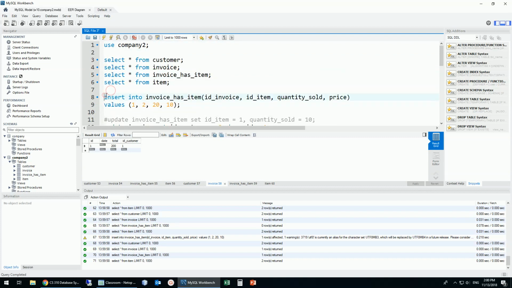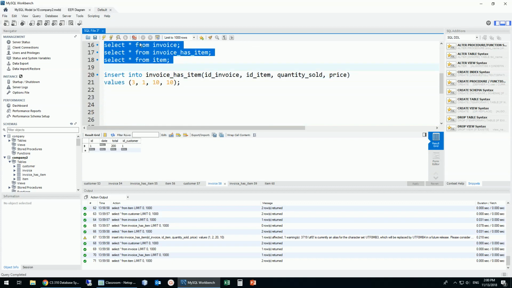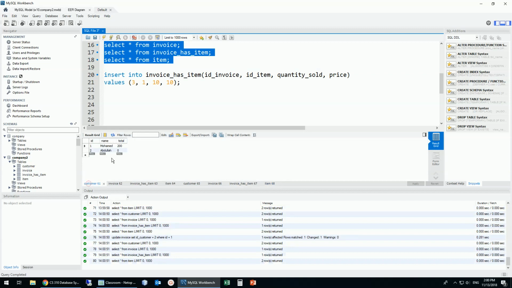Oh, I don't need to insert again. So let me run again with before and after, and let's run. So before it was like this, after it's like this. Huh? What just happened? What just happened? Isn't the update